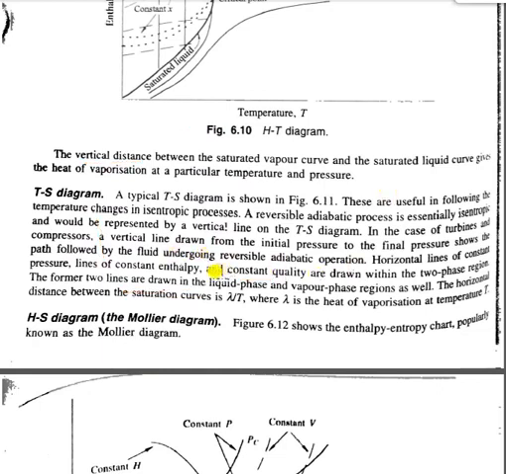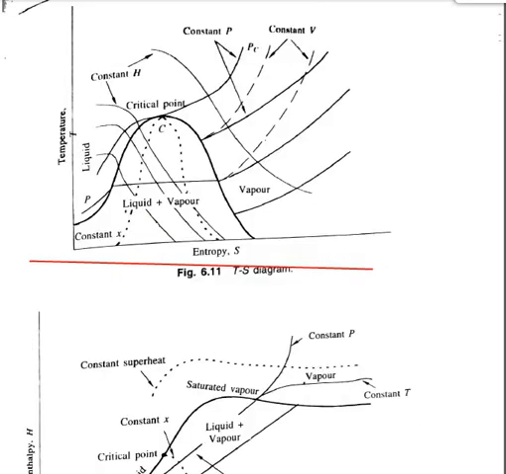So a reversible adiabatic process is essentially isentropic, and it would be represented by a vertical line on the TS diagram. In the case of a turbine and compressor, a vertical line drawn from the initial pressure to the final pressure shows the path followed by the fluid undergoing a reversible adiabatic operation. In this process, the vertical line is indicating that